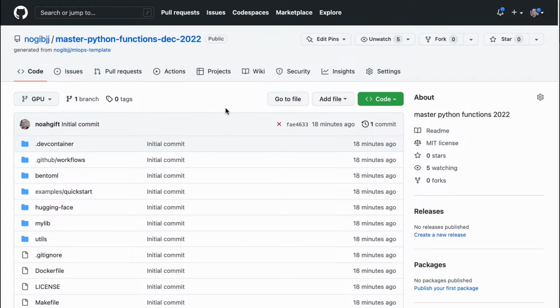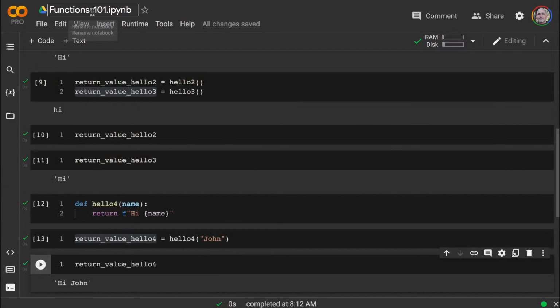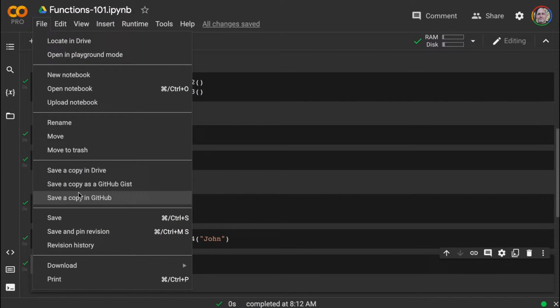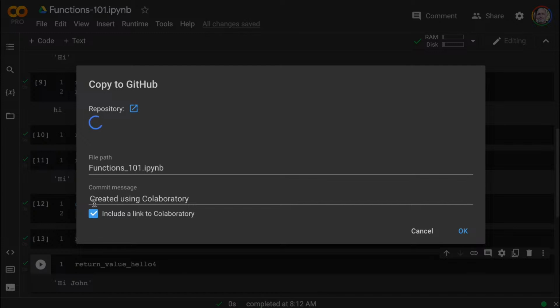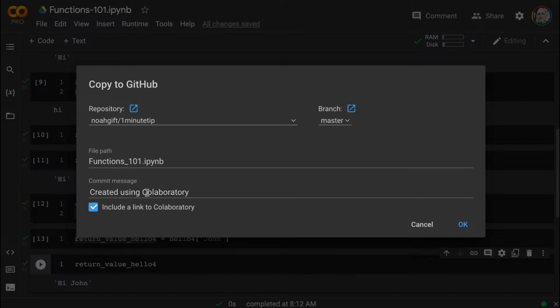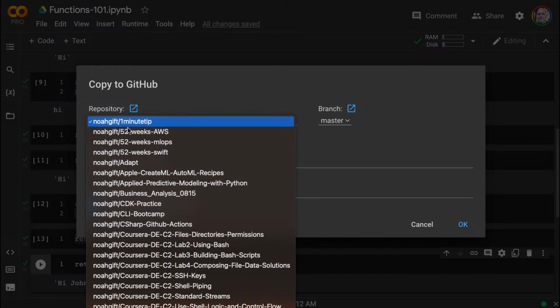And so what I can do now is I can take this Colab notebook, and I can check it into that particular repo, which is going to pop up in a second. And then as I periodically, if I need to refer back to this particular notebook, the notebook will be checked in there.